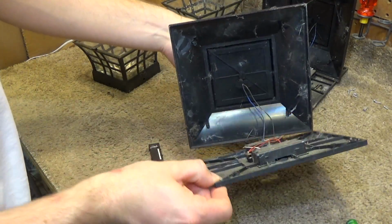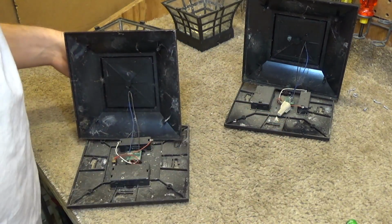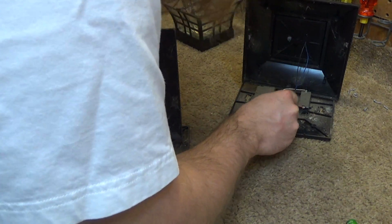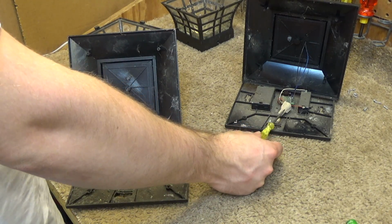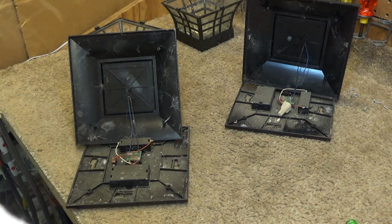So, now, you can see here on this other one what I did. I just omitted the switch and wire nutted that together, and then there's some kind of a glue blob on there. I guess it's on this one too. And this one worked for a while after I did this. Although not anymore. So the first thing I want to do is I'm going to get the meter out and